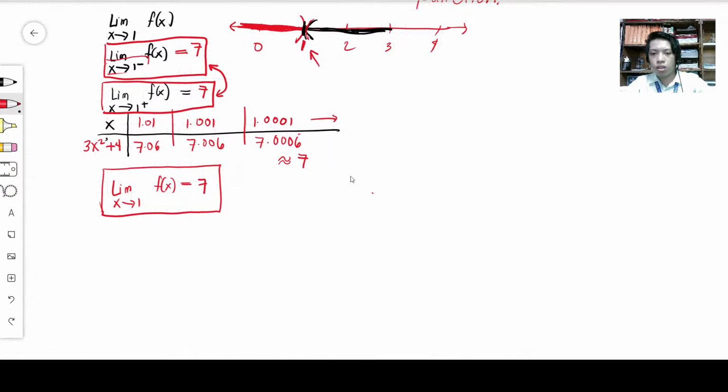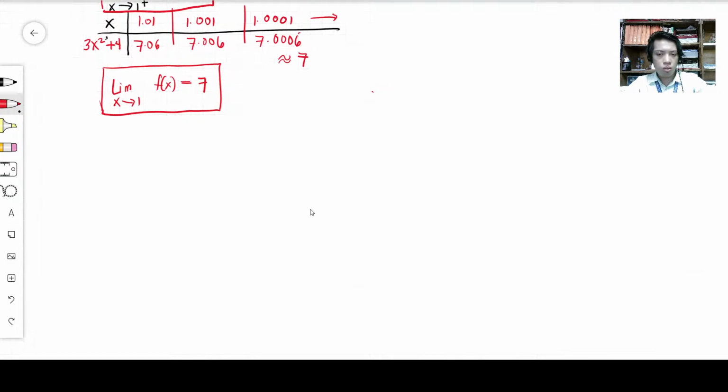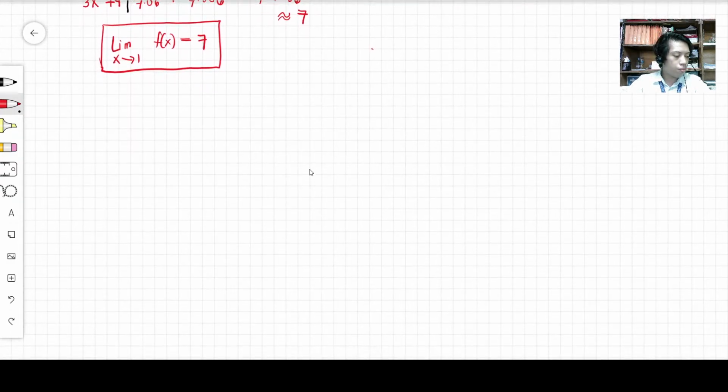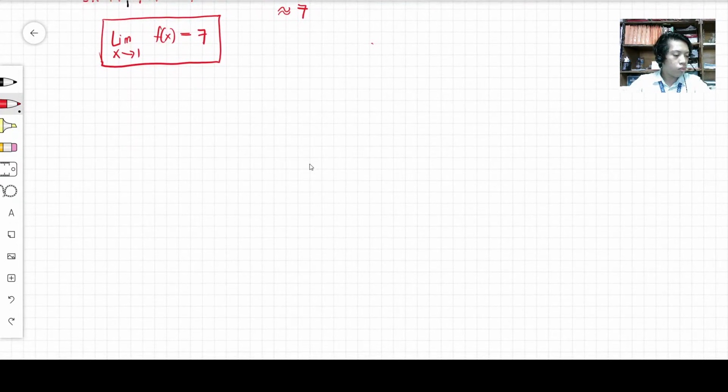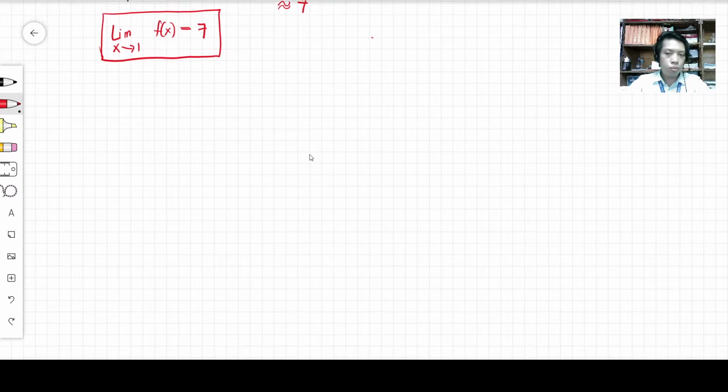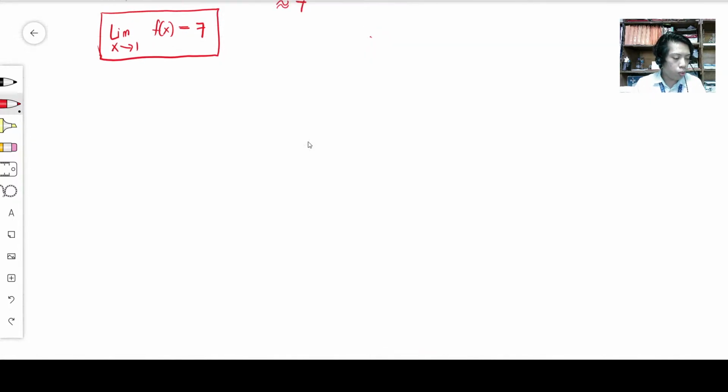Okay, let me have another example. This is example number 7. Sometimes we solve the limit of a function as